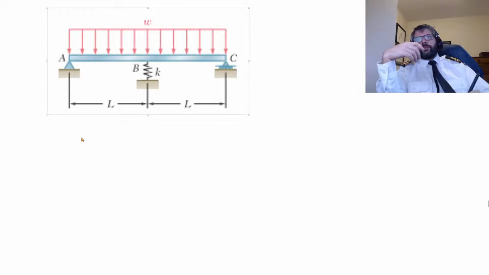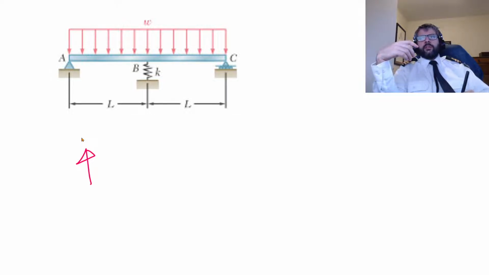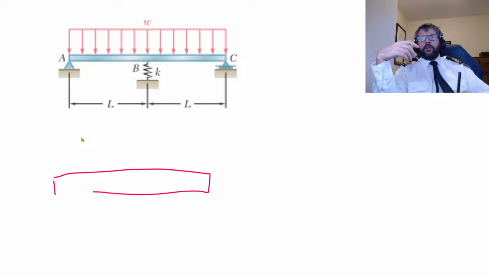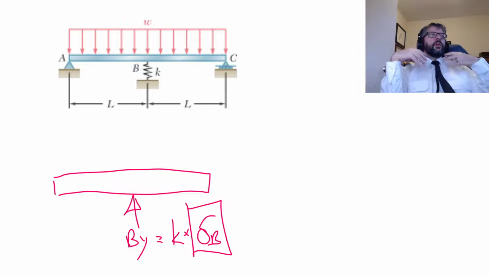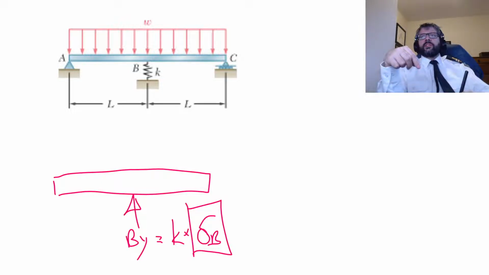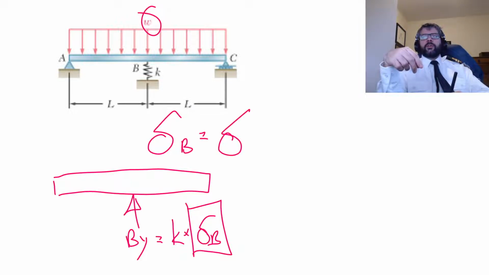If we have a spring in the middle, then we know that the force of the spring, we'll call that By, needs to be equal to K times the displacement at B. Now again, that displacement at B is not due just to this W. That displacement at B needs to be the sum total of the displacement due to the distributed load,